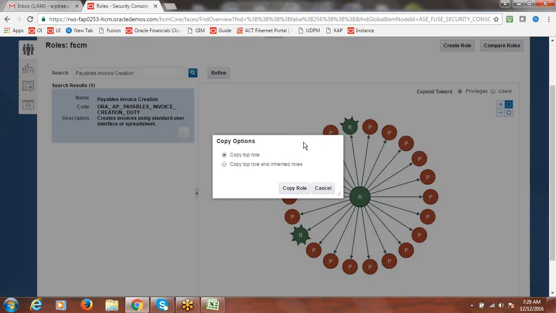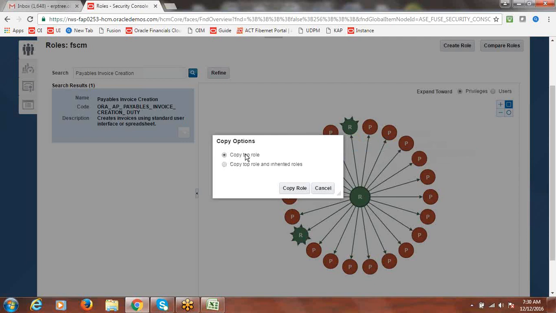For the requirement we have taken, that will be supported by this. And if you want to copy data security from other inherited function related roles also, you can select it. Okay, let's go with this option, copy top role.